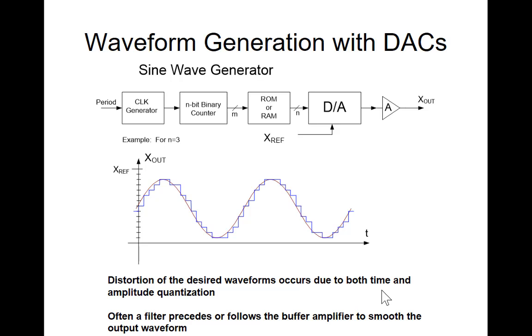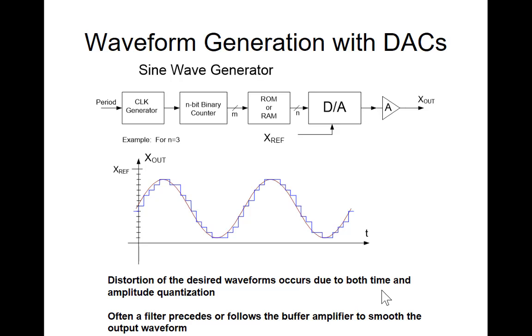And what it does is it converts the Boolean input that came from the sawtooth waveform into a different Boolean output that represents the sine wave value we would like at that point. And then we take that Boolean value and put it into the DAC,